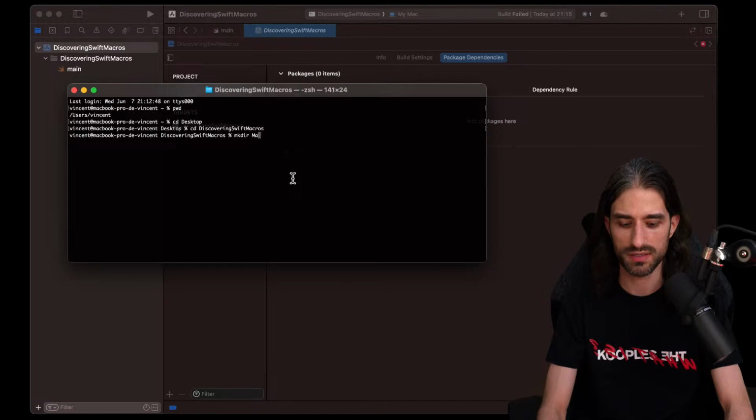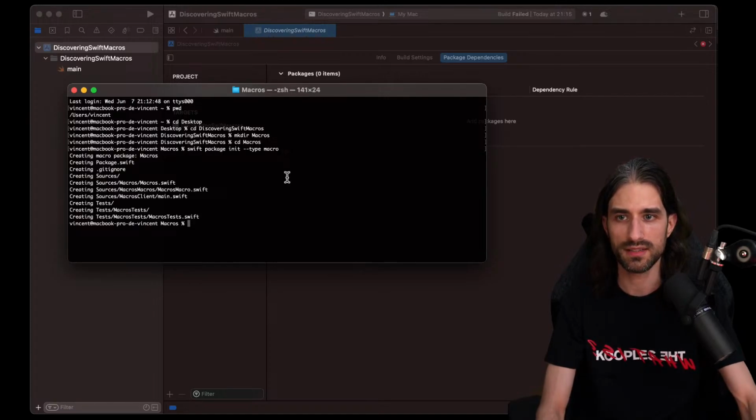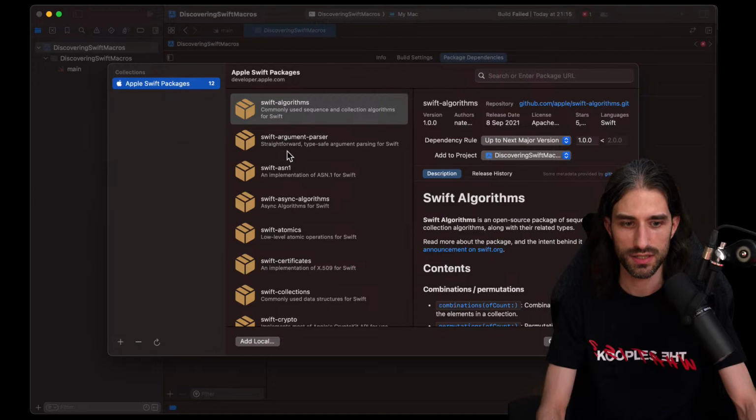I'm going to call it macro, for instance. Oh, yeah, macros like that. I'm going to cd into this macros directory, and then I will create the package inside this one.